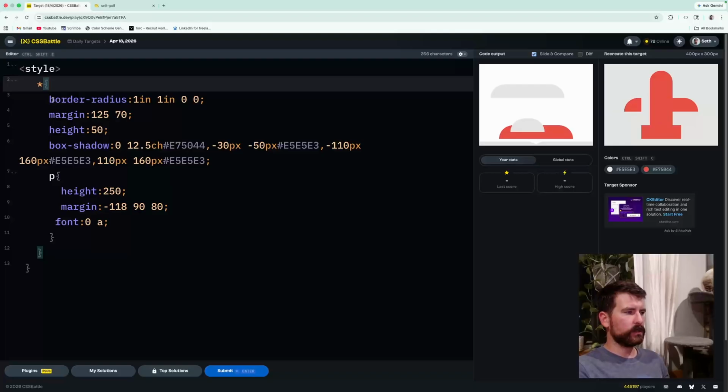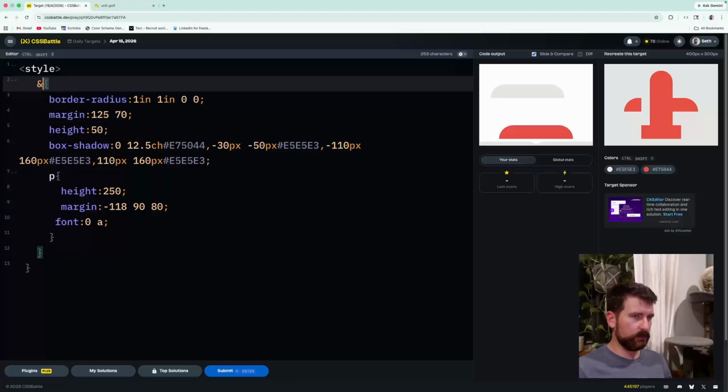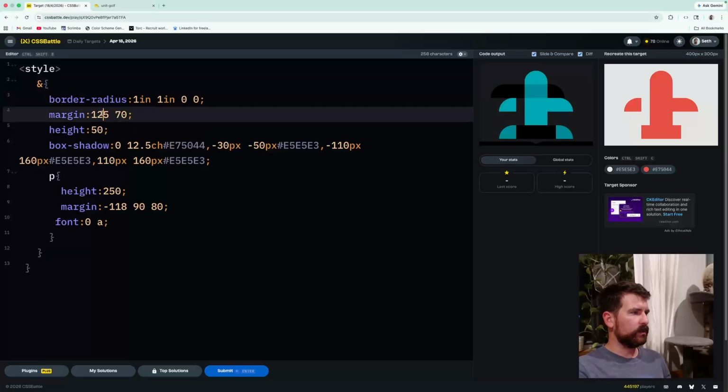Okay, think this through. I might have gone a little fast on that. What do we got going on? We don't have a paragraph, so let's select the HTML. There's how we do it. Let's get our margins right. 60, 75, 50,